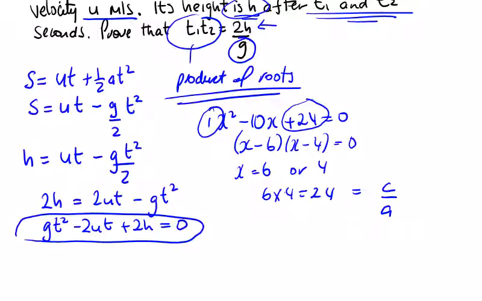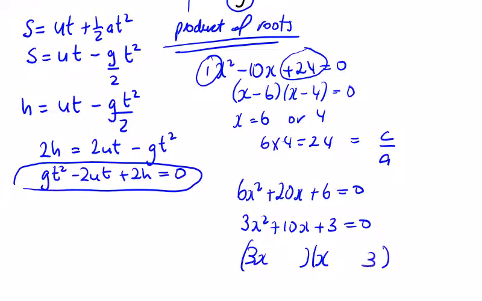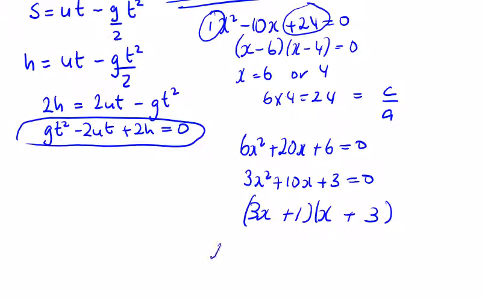And if we try that for, say, 6x squared plus 20x plus 6 equals 0. Then I can divide this by 2 to get 3x squared plus 10x plus 3 equals naught. So we're going to have 3x times x. We're going to have 3 times 1, and they're both pluses. So my roots are